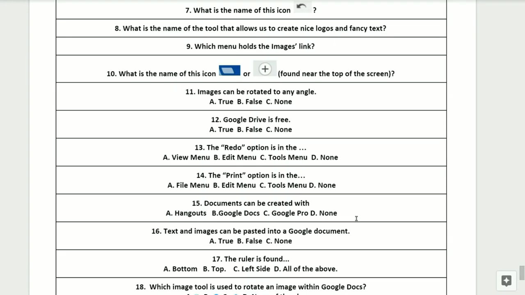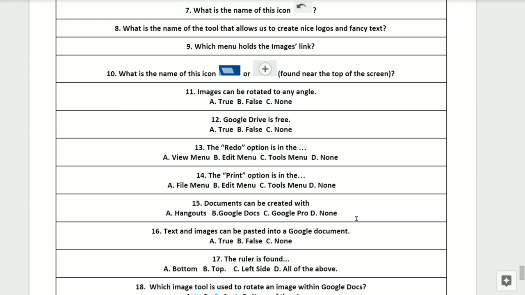Question number 11. Images can be rotated to any angle. Is this A, true, B, false, or C, none of the above? Question number 12. Google Drive is free. Is this A, true, B, false, or C, none of the above? Question number 13.